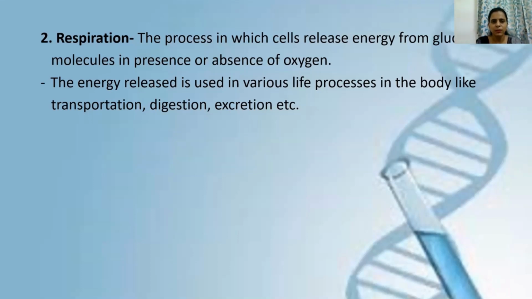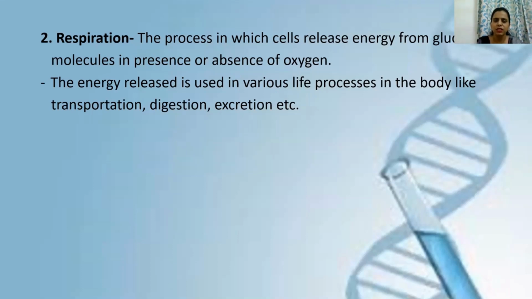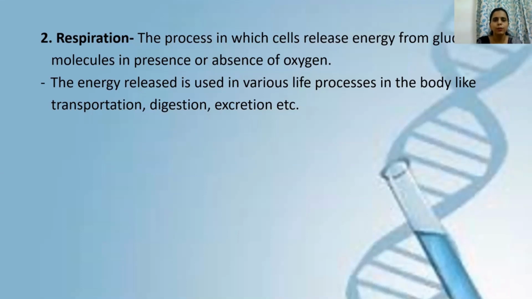So this 1 mark question is sometimes asked in IGCSE paper. You should be clear about this, that what is the substrate molecule in process of respiration. So the substrate molecule is glucose. And the energy which is released in the process of respiration is used in various life processes in the body. For example, our body performs excretion, it performs digestion, absorption, transportation of materials throughout the body. So everything requires energy. And from where do we get this energy? This energy we get from the process of respiration. Now, this process of respiration is again universal. As I said earlier, even a single cell, amoeba, paramecium, or bacteria, they all perform respiration.